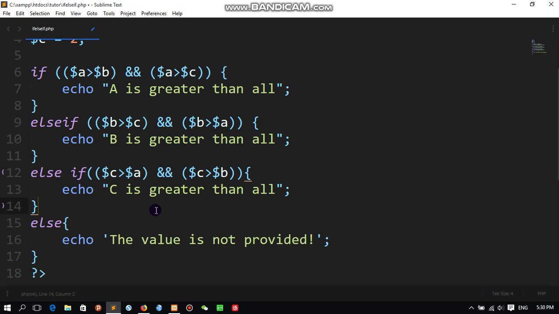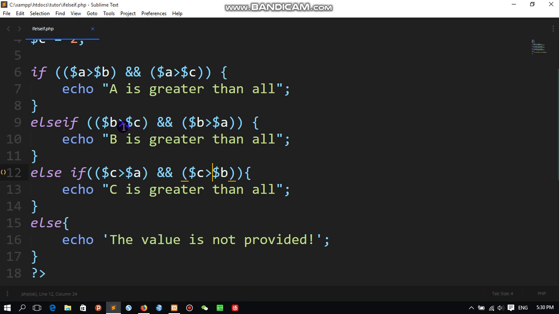You can say it like this. But in this case, both conditions should be true, otherwise the value won't be executed.